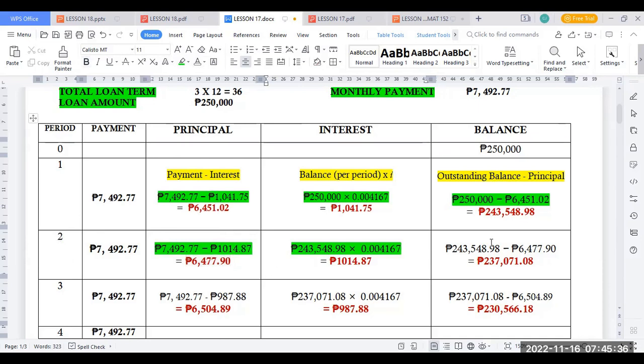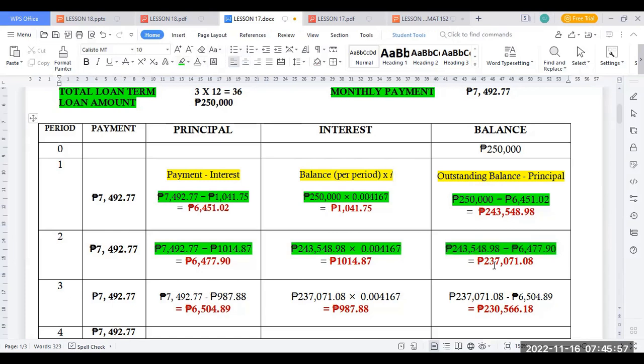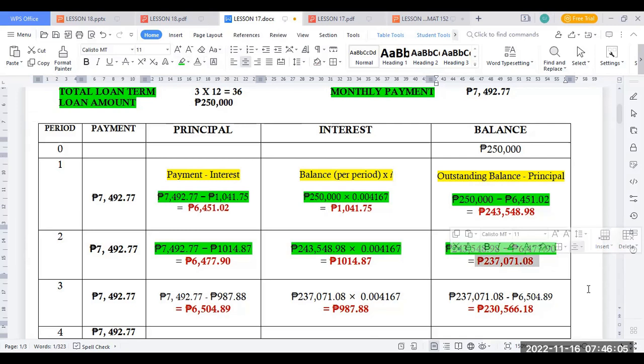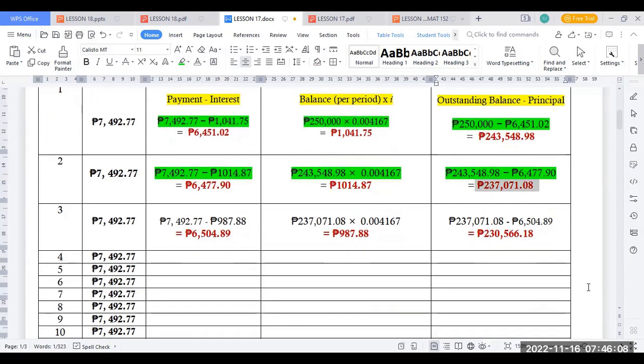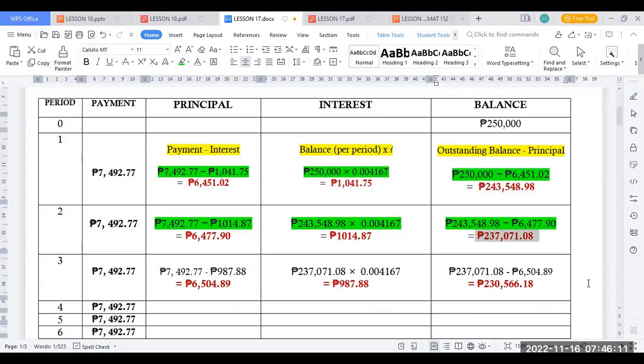Now, to get the balance for period 2, okay, so yung balance mo ng period 1, which is 243,548.98, minus yung principal, which is 6,477.90. And that is equal to 237,071.08. So, ibig sabihin, this is your balance for period 2. So, paulit-ulit lang naman yung process. Ganun din. So, for the third period or the third month,